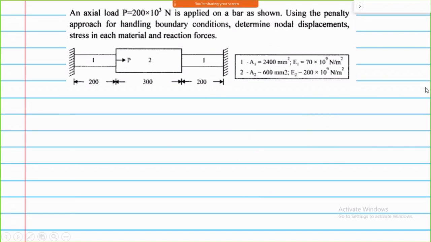Anyway, we'll take the next part, one more problem, and then we'll pack up our session. Here we just read out the problem. An axial bar structure is shown here, and we have to determine the forces and reactions coming onto it.